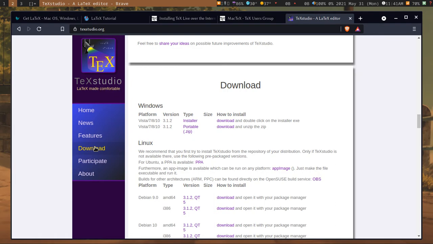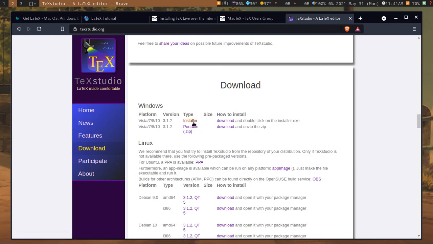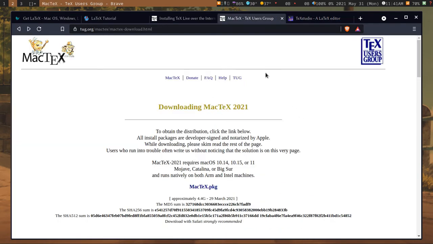So just go in download, and inside this you can just click on installer and install the program. And if you're on Mac, MacTeX will install a utility known as TeXShop. In that you can write LaTeX code.